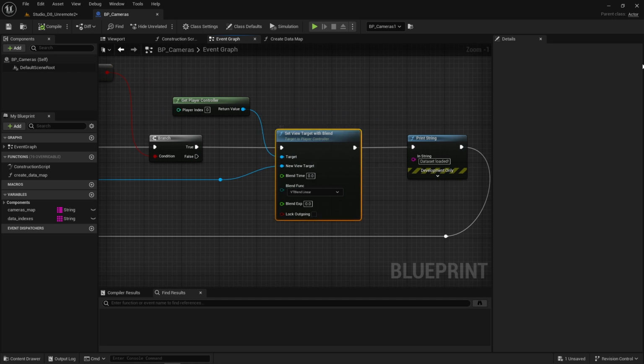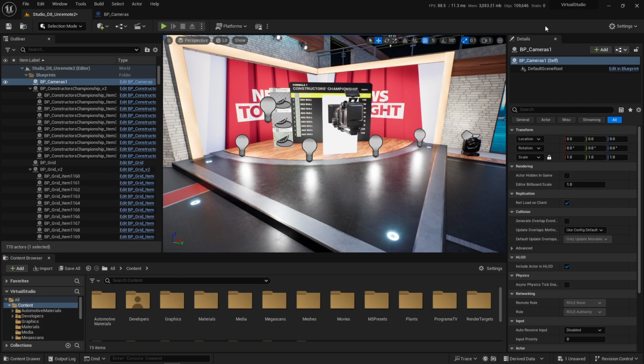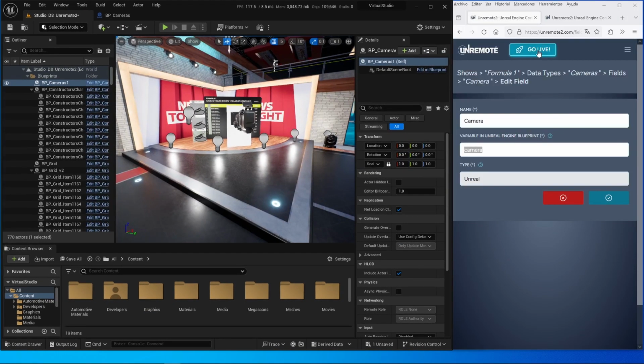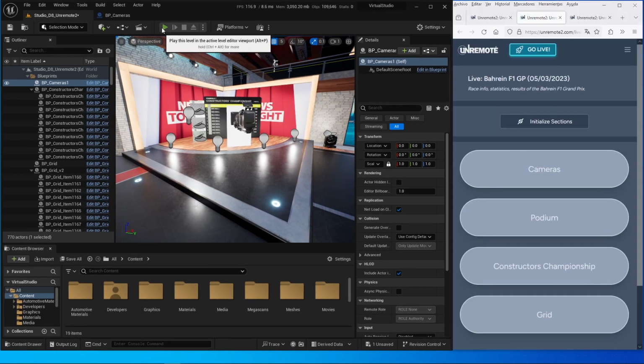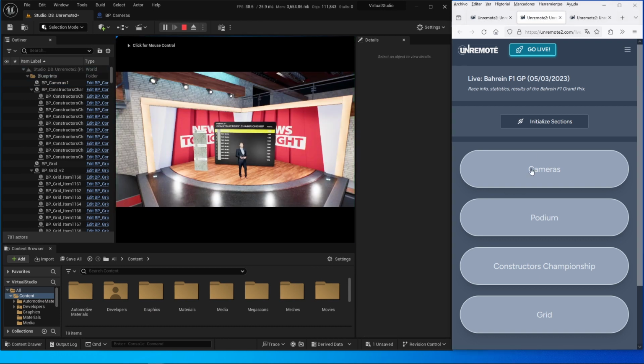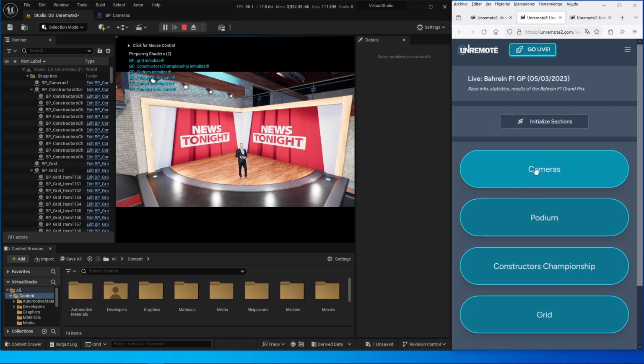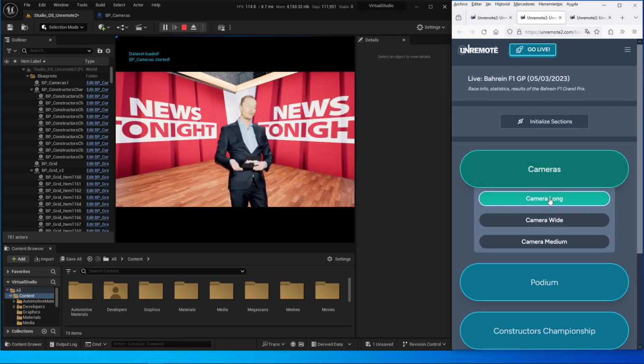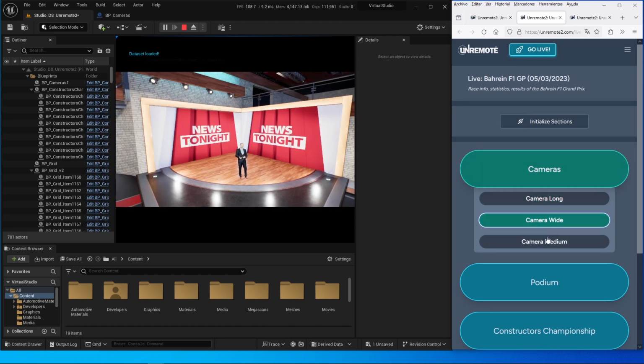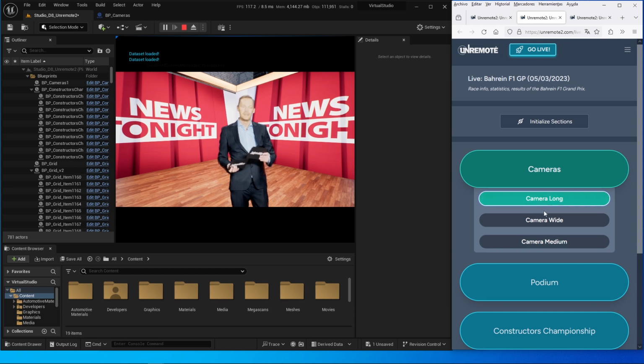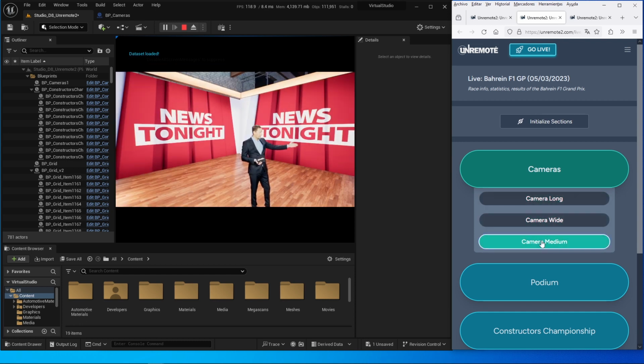So that's basically it. Let's see if this works. Let's go live, run the program, initialize sections, and then we go to cameras, and we can switch to one camera, second camera, third camera, back to first. So we can do a live camera control. So this is a simple blueprint. We will go into more complicated ones next. So stay tuned. See you